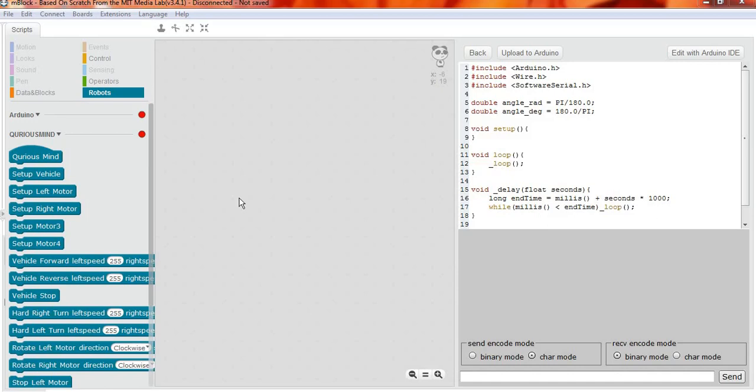Hello. So now we will be doing the third vehicle program. In this program, we will also learn a new concept. So the problem statement is the vehicle has to move from point A to point B,